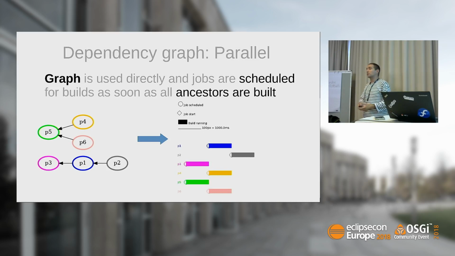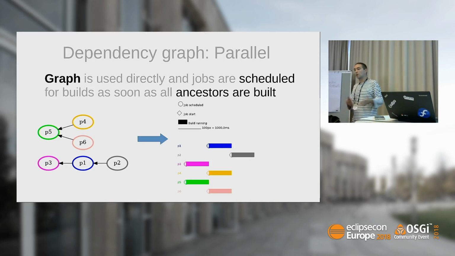If we just enable the parallel builds on 4 threads, then instead of a topological sort, we use the graph itself, which is the perfect structure for parallelism because it has trees, it has branches, it is by default a kind of parallel structure. So we can just process the graph, applying the rule that we schedule the build of a project when all of its ancestors are built. In this case, we have to build this graph, those projects. It will look at the graph and say, okay, P3 and P5 have no ancestor, I can build them. And it schedules the build of P3 and P5.